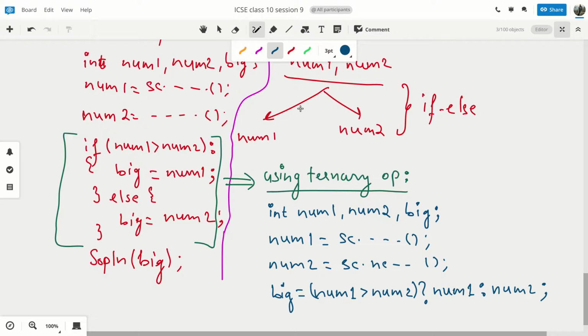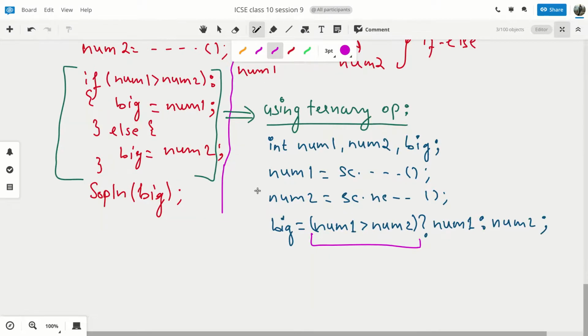I'll mark it in a better way. This is expression 1. This is expression 2. This is expression 3. This is your variable.